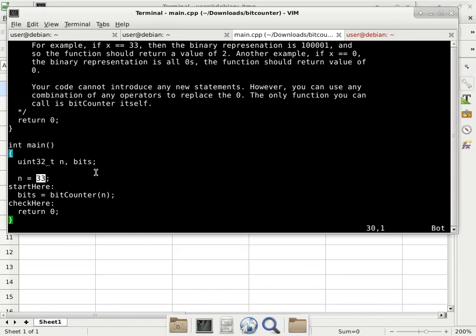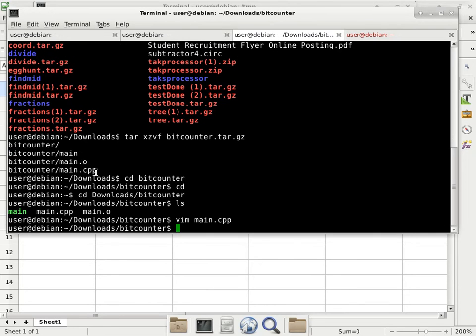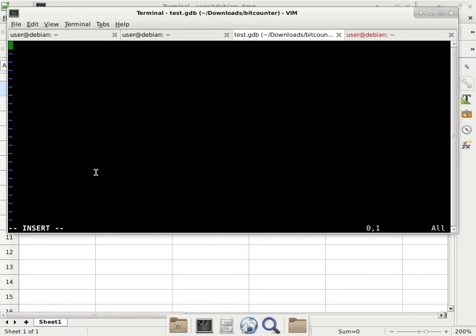So let me just give you an example. My test script will look like this. It will first put a breakpoint at main : stop here. Put another breakpoint at main : check here. Then it's going to run the program. When it gets to the first breakpoint, which is right before the function is called, it's going to use a set var. It will change n to some test values. So let's say I change it to